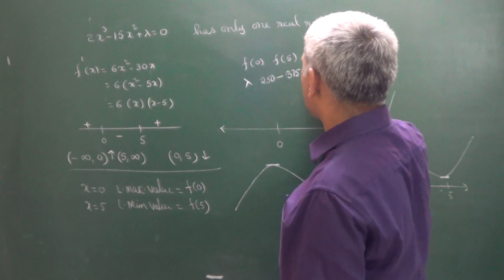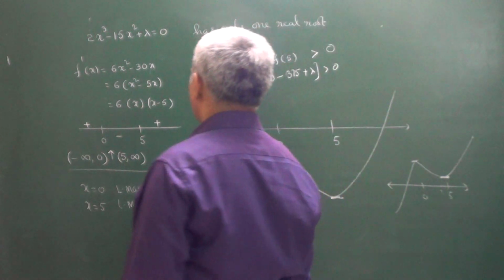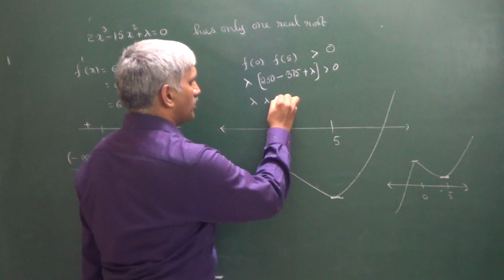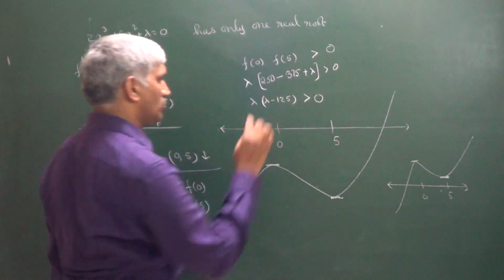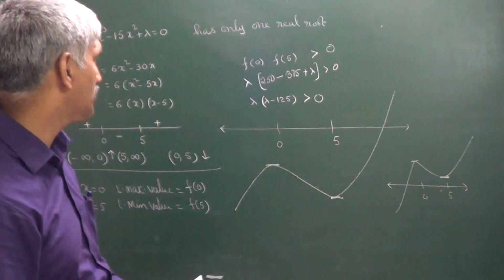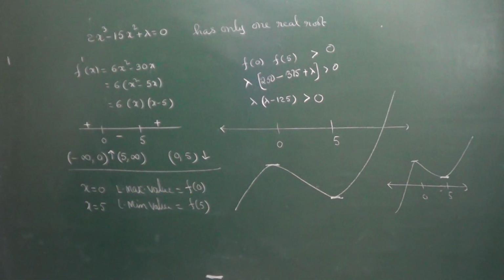375 plus lambda must be greater than 0, right? So then we can write lambda into lambda minus 125 must be greater than 0. So for these values of lambda, the equation has exactly one real root. That means lambda belongs to